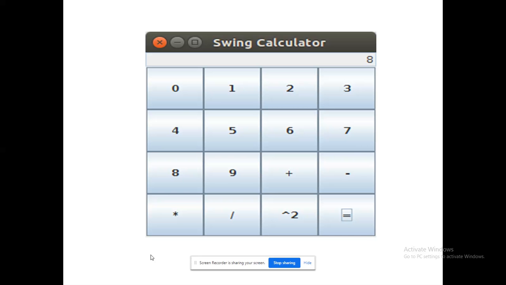That's the reason why I'm suggesting you to go for a text area, right? But if you are ready to work with the text box, no issues, right? So the controls we are going to use here are text box and button. These are all the controls I am going to use here.